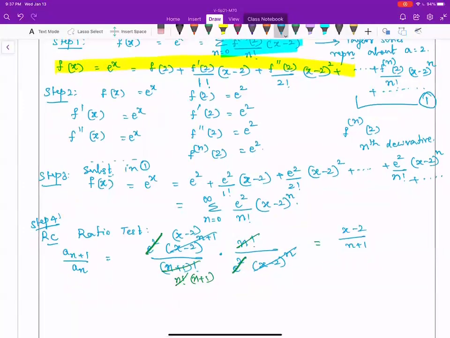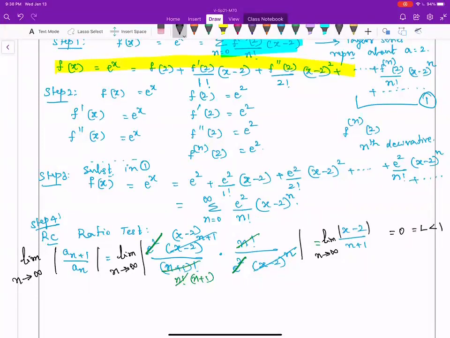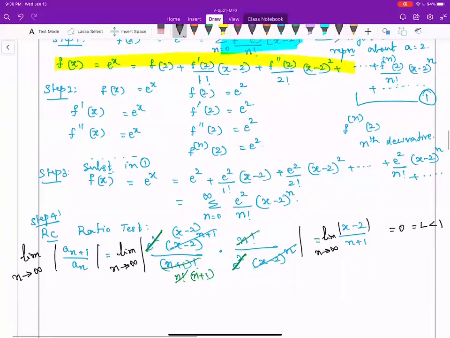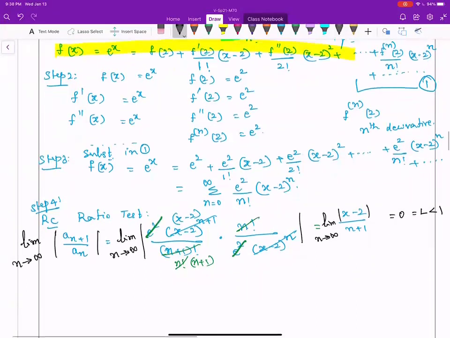If you take the absolute value and allow n to approach infinity, limit n approaches infinity, because of the presence of n in the denominator, you have something divided by infinity, and this will become 0. But the ratio test tells us that whenever this limit is less than 1, the series is absolutely convergent and hence converges. So by the ratio test,